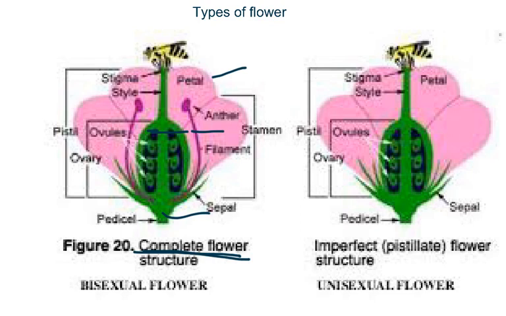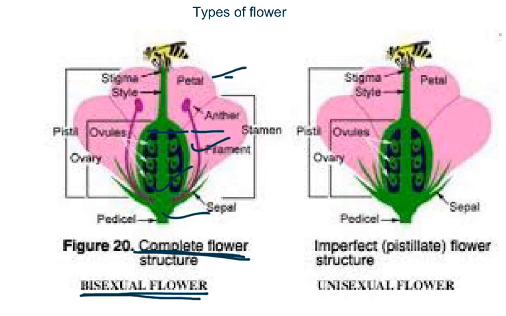A complete flower is always a bisexual flower. What is a bisexual flower? A bisexual flower means the flower which consists of both the male part and the female part. So the flower which consists of male and female part is called a bisexual flower. So bisexual flowers are always complete flowers because they have all the four whorls: the calyx, the corolla, stamen, and